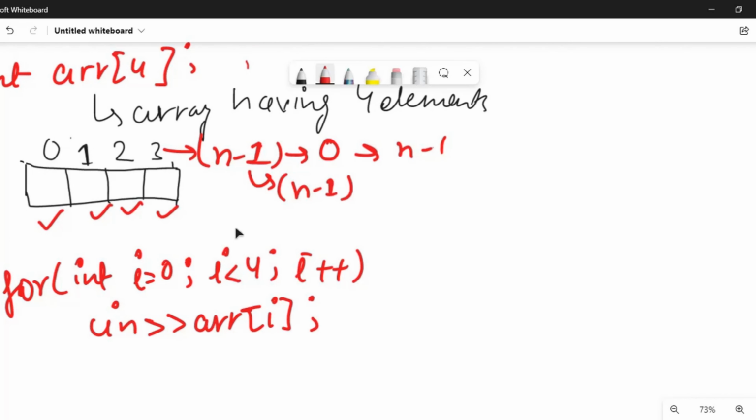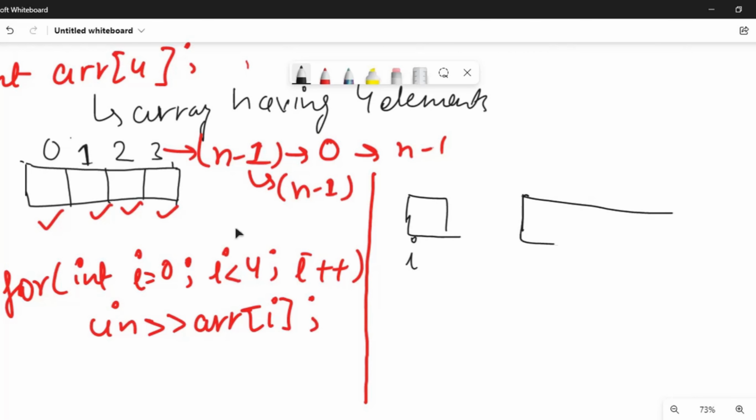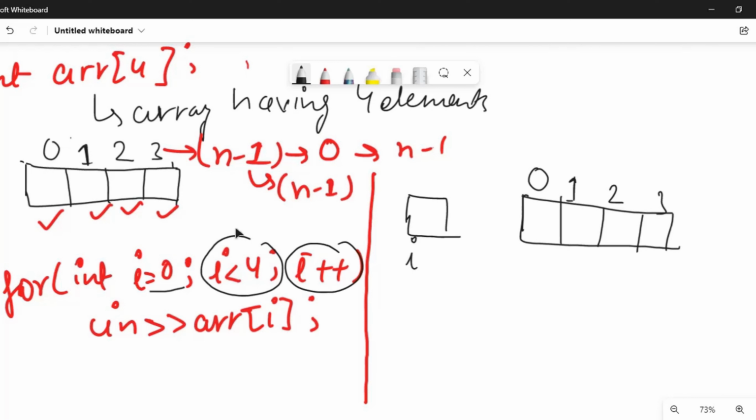So for example, let me draw a line here and I'll show you a hit and trial case. We have defined a variable i, and we already have an array formed of size 4. So 1, 2, 3 and 4, having the index 0, 1, 2 and 3. In the first line, this is the initialization part, this one is the condition check, and this one is the increment part. So in a for loop we have 3 things: initialization, condition check and the increment part.